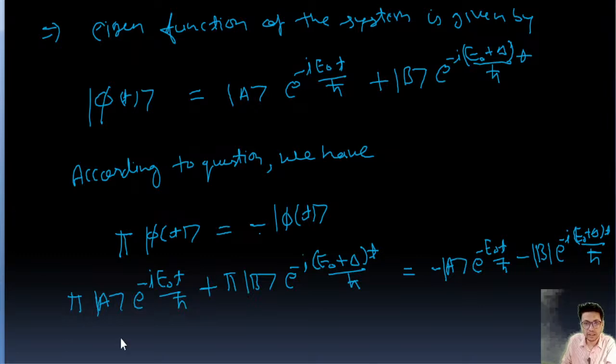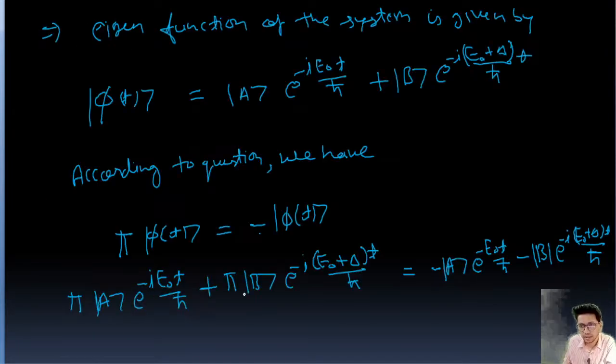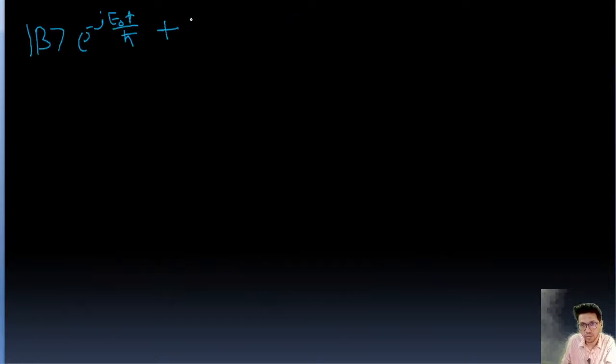This we can write as pi. We operated with this parity with A, which means this will become B. So this is going to be a very important step. Okay, so we get B e to the power minus iota E naught T upon H cut, and plus, here we operate with parity. We are operating this parity with B, which means this is going to be A, right? According to the question, this is given, so this is going to be A